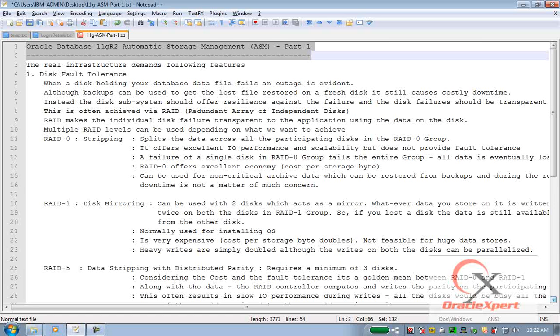By disk fault tolerance, we mean resilience against a disk failure where no data is lost even if one of the disks fails. So when a disk holding your database data file fails, an outage is evident. So there will be an outage. Either the entire database may experience a downtime, a complete blackout period, because all the files on a particular disk are lost, or